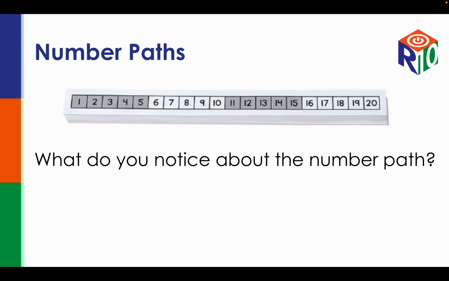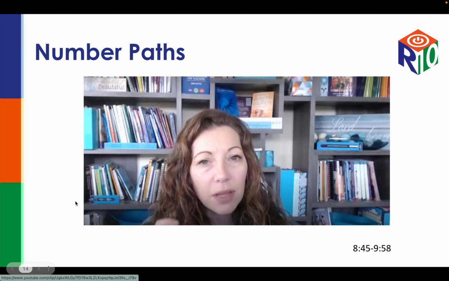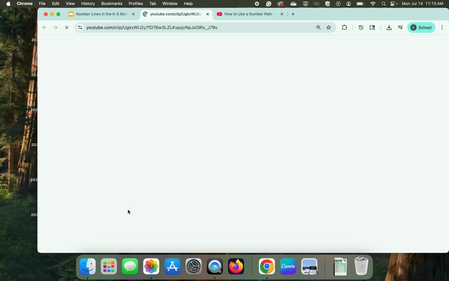We might even already see some difference in our thinkers here. We might have some that are like, it represents 20. I see that. And then our divergent thinkers might say, oh, I see it's got 5, anchored in 5. It's all the different things. So we will have all of those students in our classrooms. So we're going to take a minute and look at